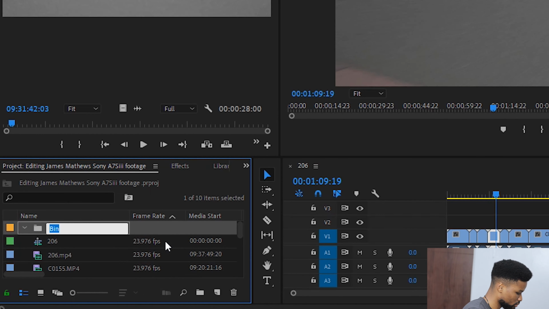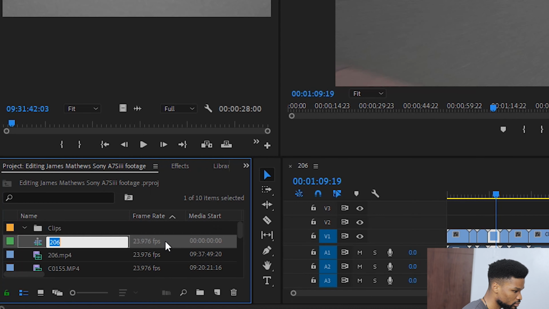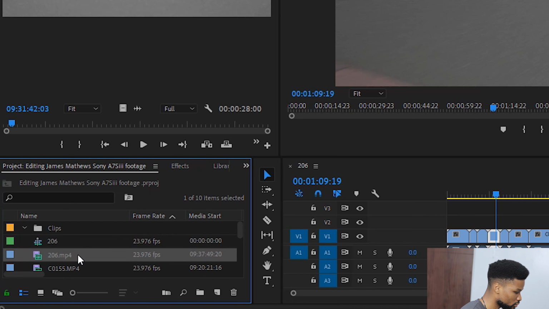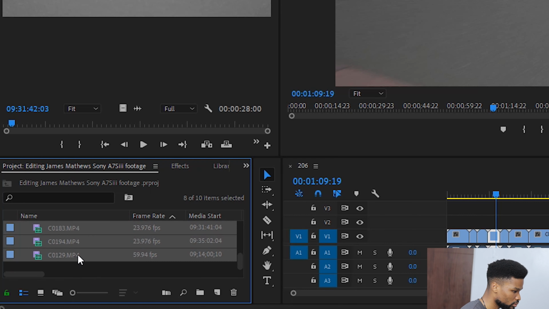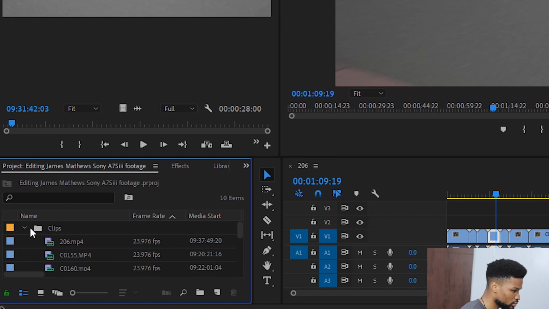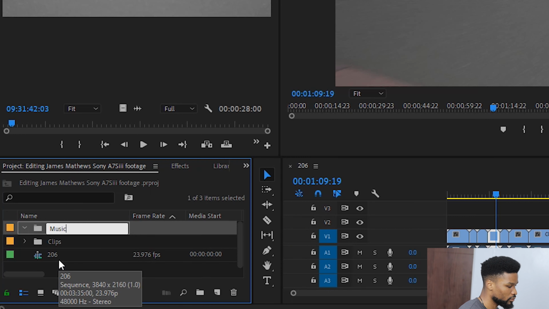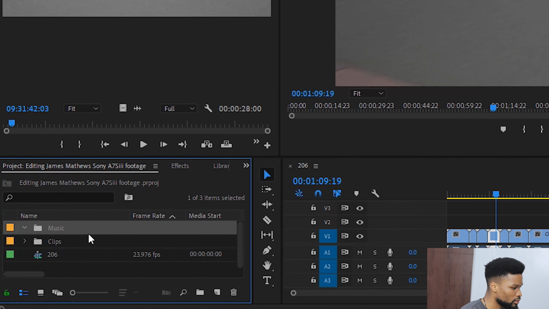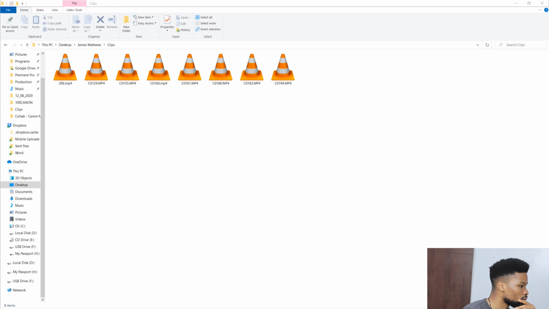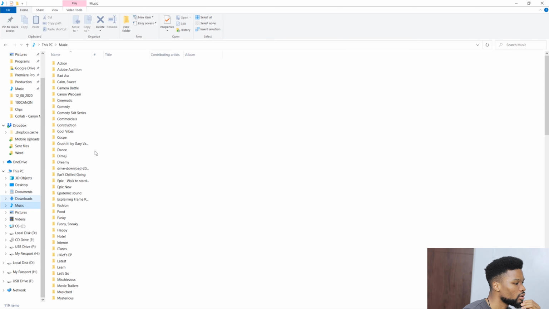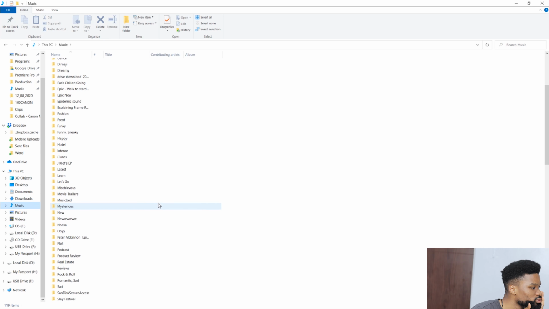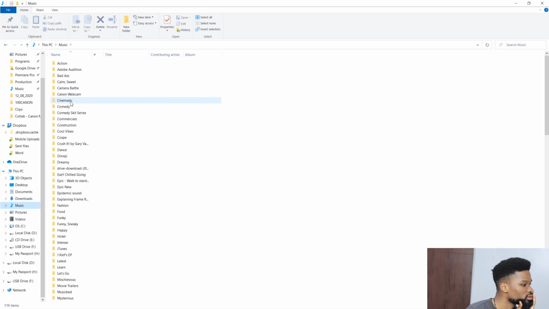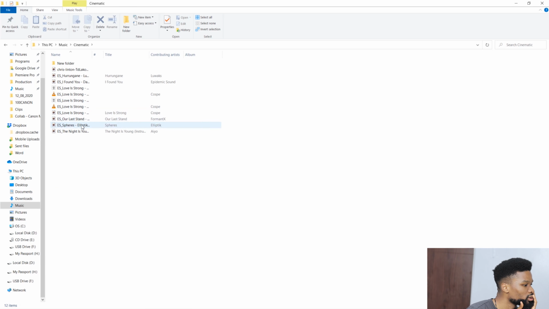Organization time. Creating a new bin for clips. Selecting all the clips. Drag into the clips bin. Creating a new bin for music. Leaving Premiere and going to my music folder on this PC. Which vibe to go for? I think the vibe I'm going for with this edit is cinematic.